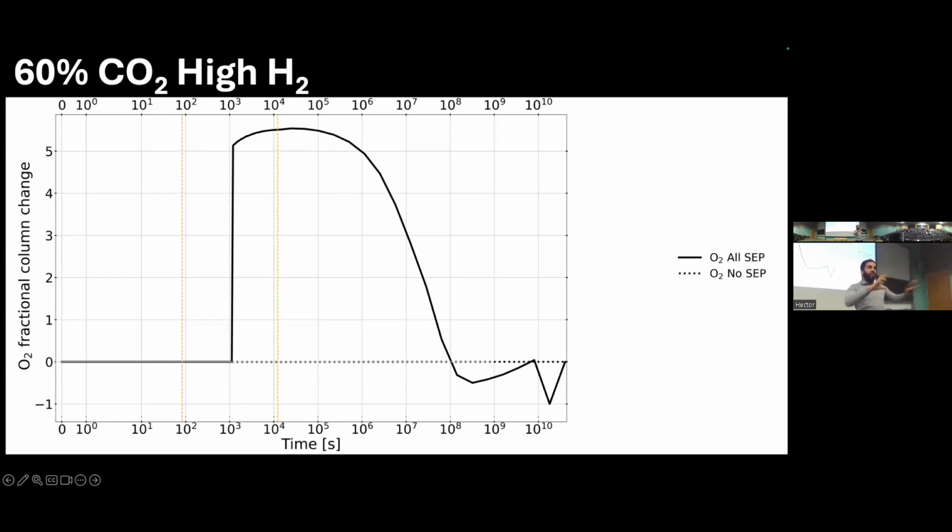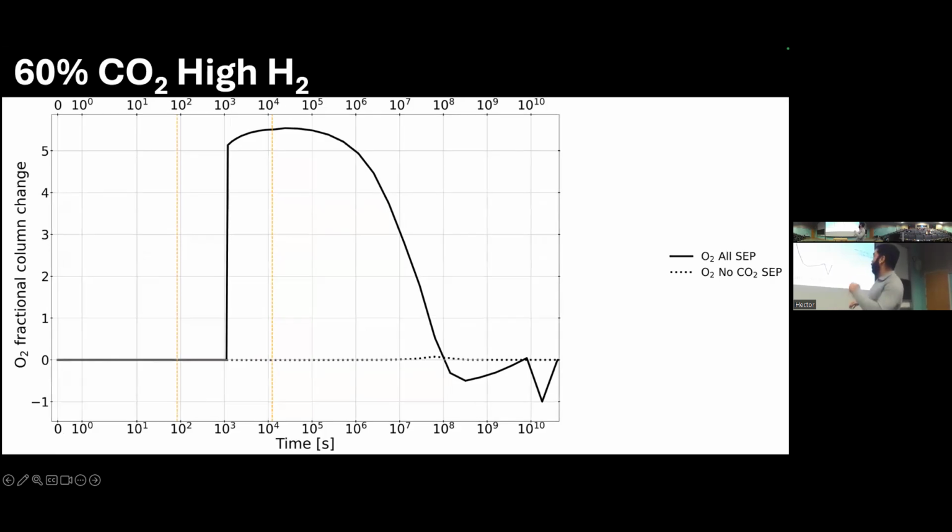So that's all the production and destruction rates, while the dotted line here, which is hard to see because it's on 0, is no SEP added. So we can see that when we added the SEP, the oxygen changes drastically with all these production and destruction rates. Now, in here, hard to see, but what I'm plotting is that dotted line, where I didn't add any CO2 production and destruction rates. And you can see that the lines stayed at 0, meaning that when I add the CO2 SEPs, that's when I see all the oxygen being produced.